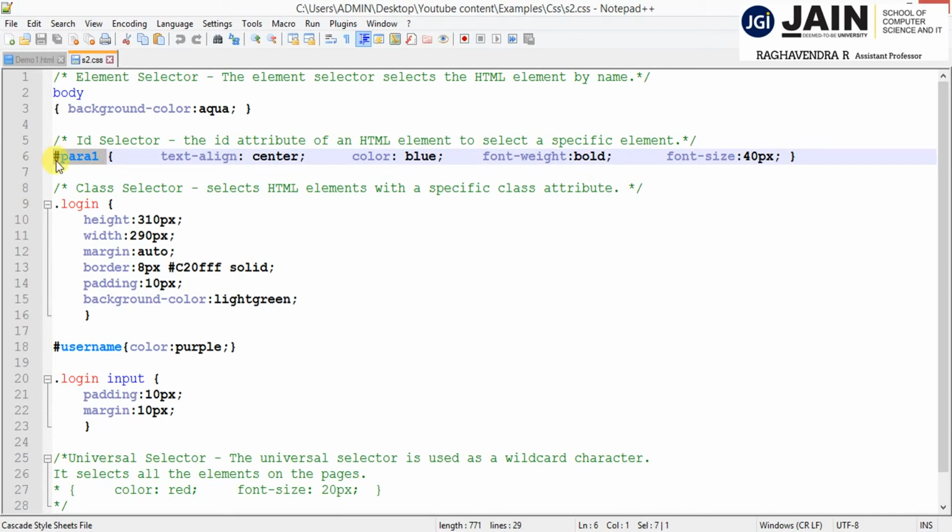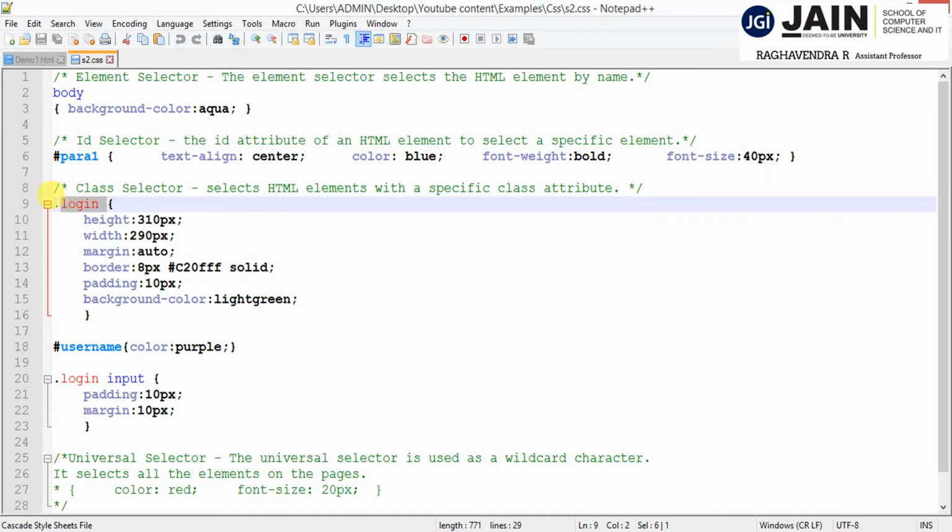For example, if you want to highlight your name as a unique name, or your Aadhaar card number, PAN number, any important information useful to the clients, at that time we will use this ID selector. So always ID will take the first priority when you have an ID and class in the same tag.